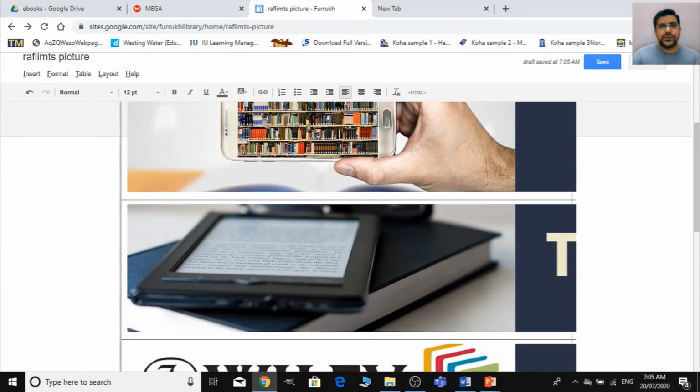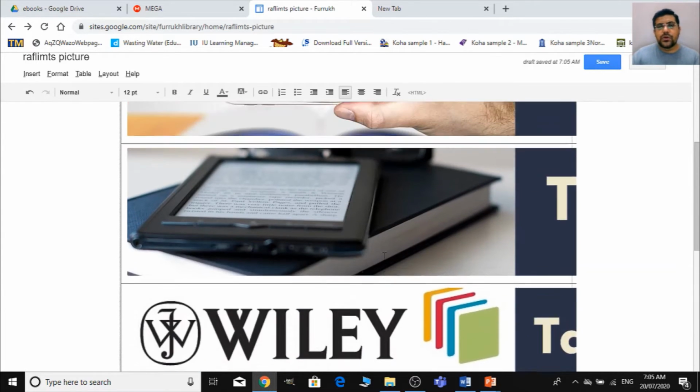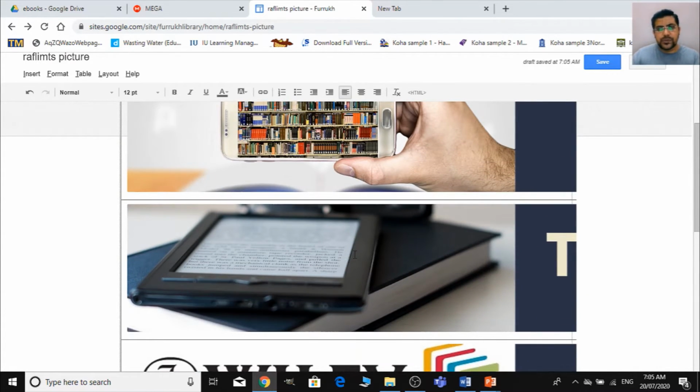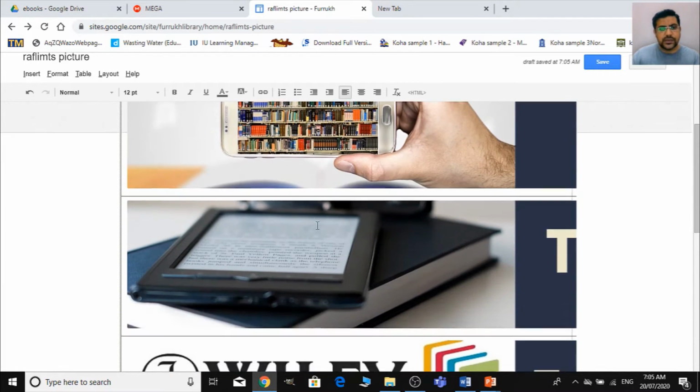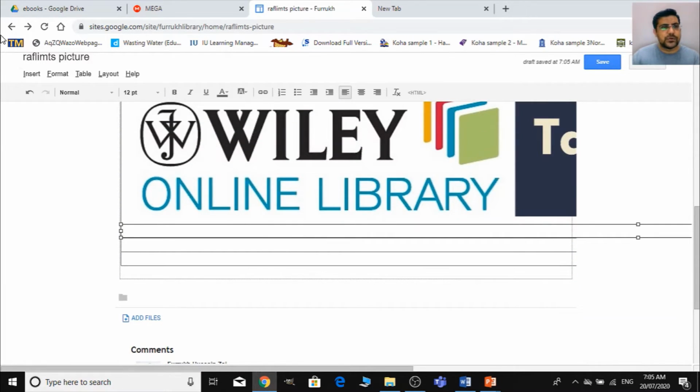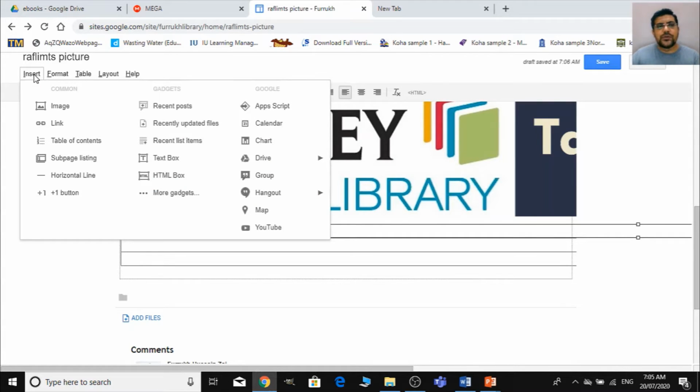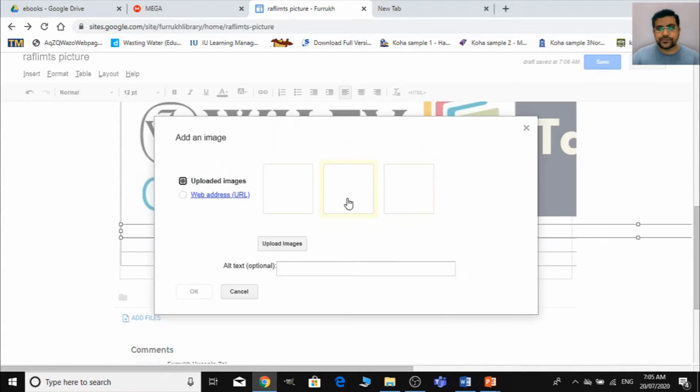So these three images are for Koha detail pages. Okay, and now I am uploading on the same page. You can also design a different page. I'm uploading the same labels for the Koha result page,